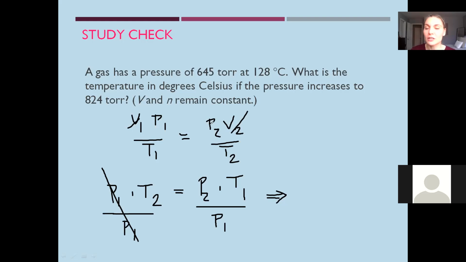Oh, there was a great question. Does it matter if it's in torr or mmHg? Because they're both in torr, they're going to cancel out. But if they gave you one at 645 torr and one at 845 mmHg, you would have to do the conversion. So great question. But because here they're both in torr, they're going to cancel out anyway. So it's not going to matter. Great question. I'm glad that you asked. All right, so go ahead and plug those numbers in and see what you get.